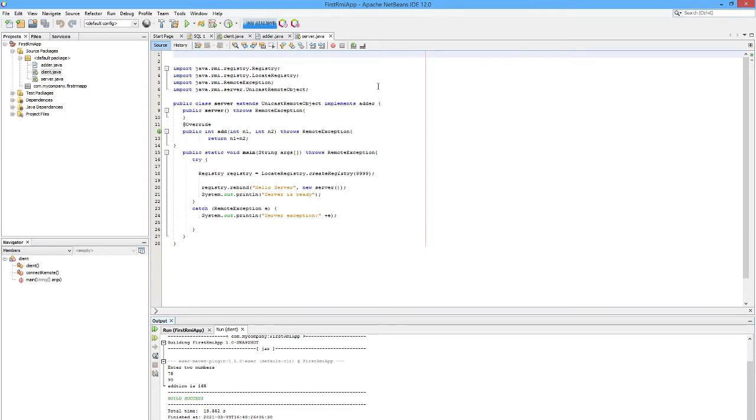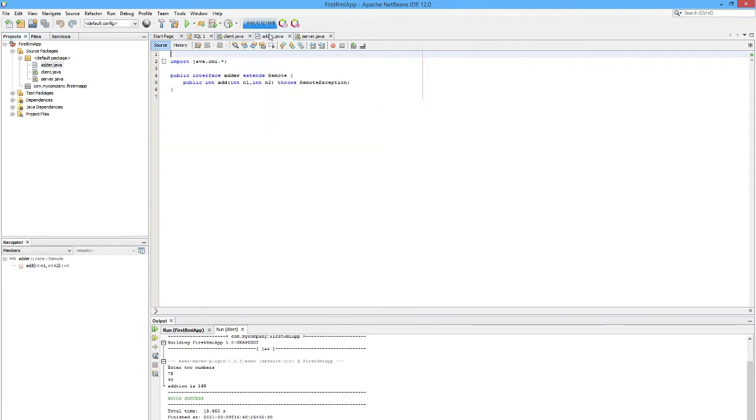First you have to create a new project, which I named first RMI add. Then create a new interface, that is Adder.java. This program works for addition of two numbers.